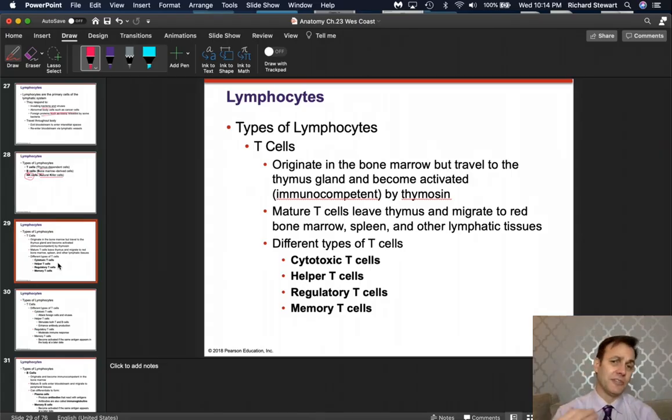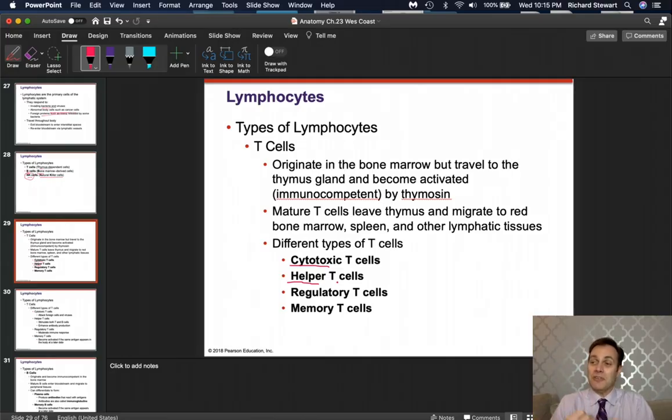Okay, our T cells are where things get a little bit unique, because T cells mature and they don't know how to recognize things that are pathogenic, and then they mount an immune response. So we have our cytotoxic T cells, which are our killer T cells. Cyto means cell, toxic, obvious. Our helper T cells want to help. They're going to help maintain, regulate, and control. They're going to mediate. They're the ones in charge of the immune response.